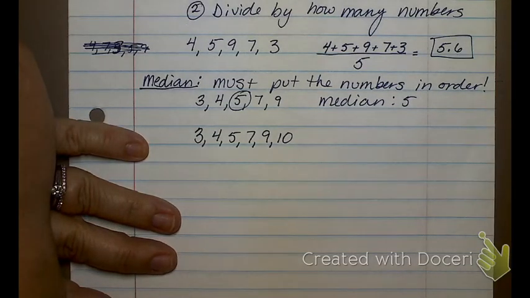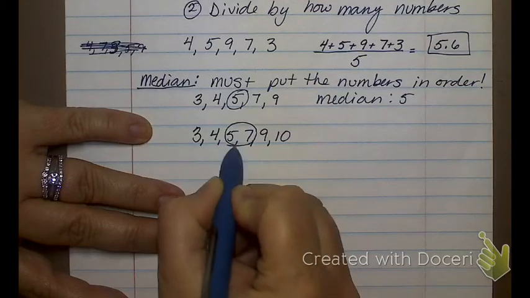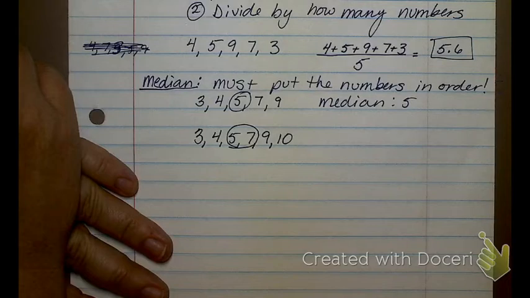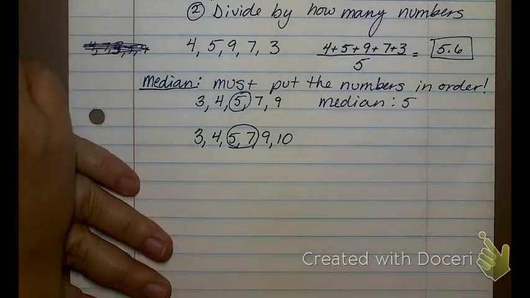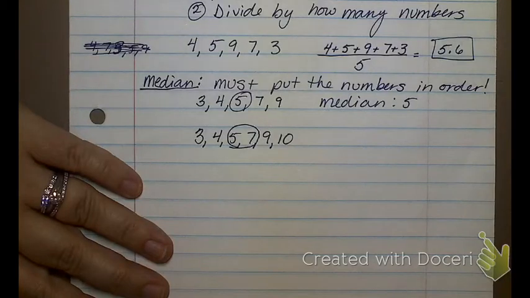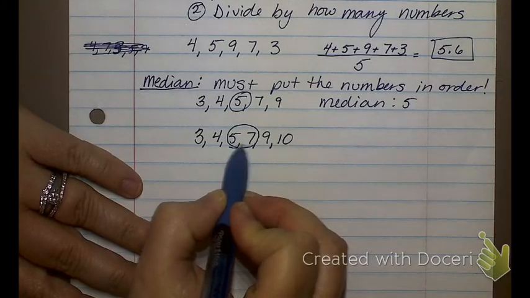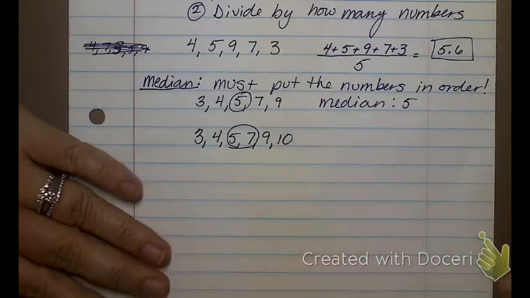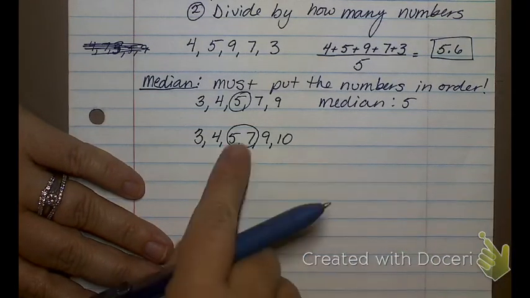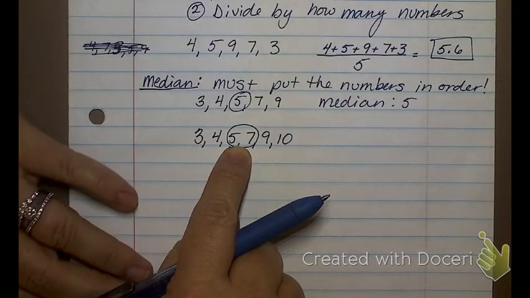Well, you have to add 5 and 7 and divide by 2. I have 2 numbers in the middle, right? Neither of them is the median. Yes. In this case, neither of them is the median. The median, I can get it either one of 2 ways. One way is I could find the mean of those 2 numbers, meaning adding them together and dividing by 2 because it's 2 numbers. Or I could find whatever number is exactly halfway between those 2 numbers. Both will give me the same answer.